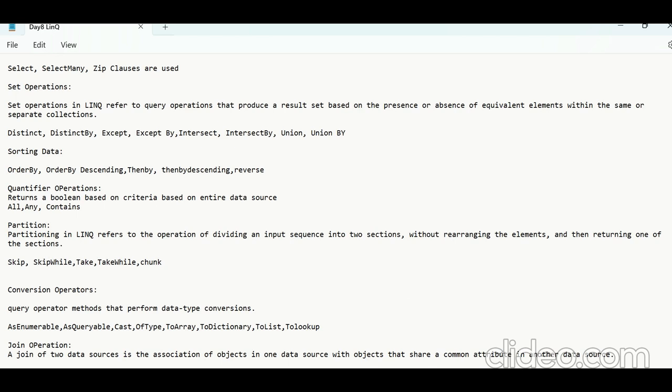Let's continue with the C Sharp interview series. We have started with LINQ and this is our third class on LINQ, and you can check out previous